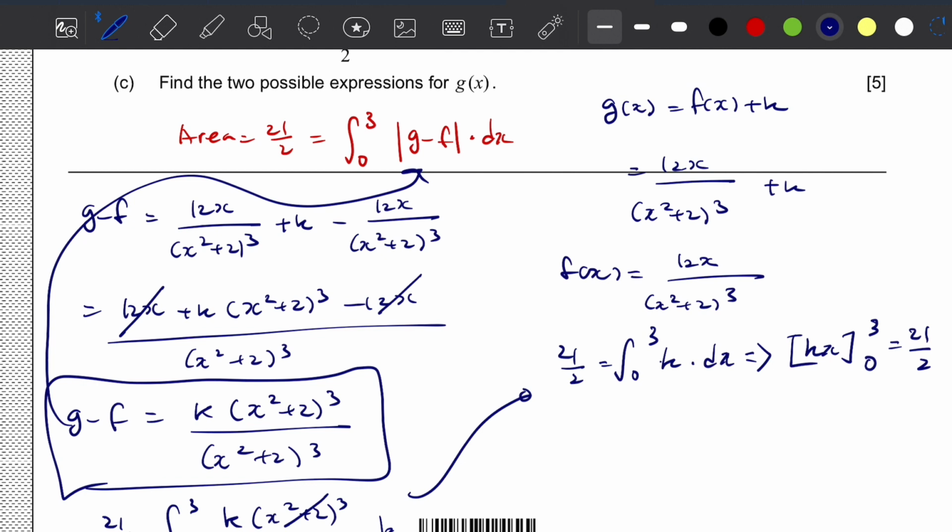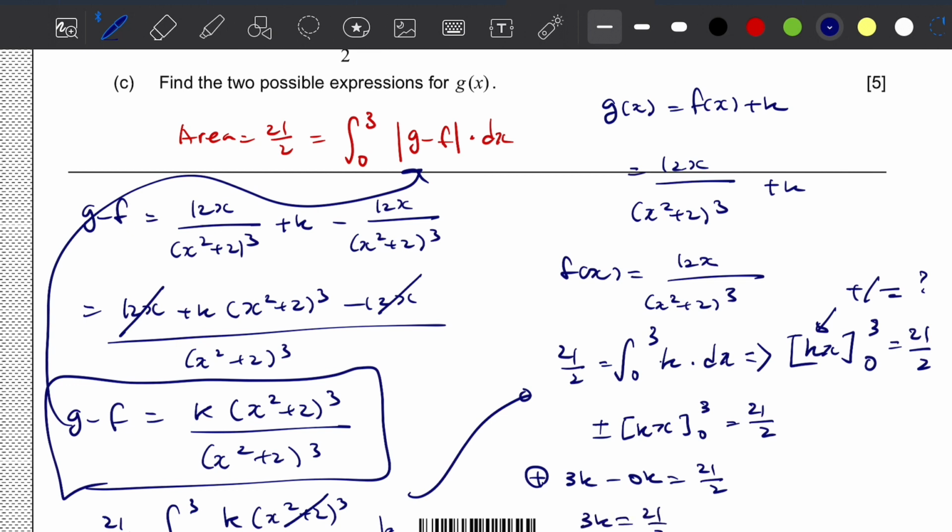Also, we are not sure whether k is a positive or negative number yet, right? So we're going to set this kx as plus or minus kx, with the range from 0 to 3, and make it equal to 21 over 2. So we can consider both negative k and positive k. Then when we have a positive k value, this is the same as 3k minus 0k, equals 21 over 2. So we have 3k equals 21 over 2, which is the same as